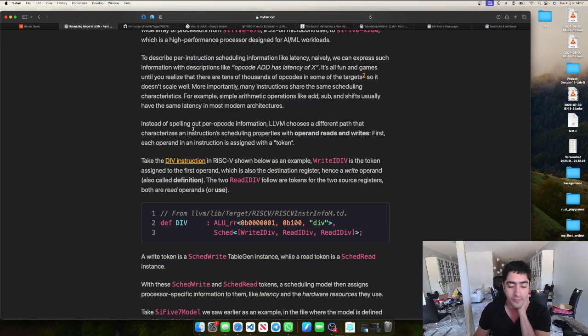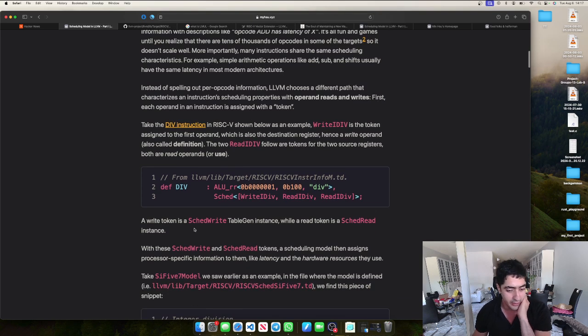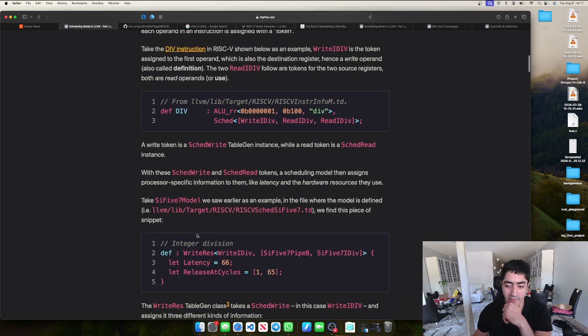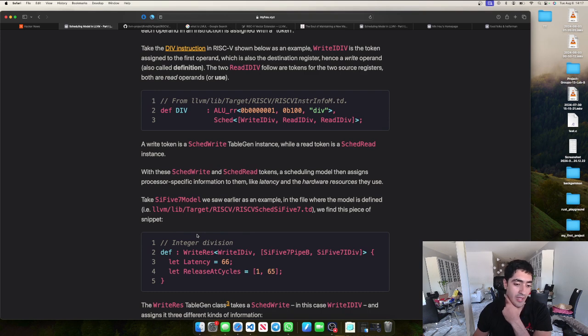I believe so. A write token is a SchedWrite TableGen instance, while a read token is a SchedRead instance. With these SchedWrite and SchedRead tokens, a scheduler model then assigns processor-specific information to them, like latency and the hardware resources they use. Take the SiFive7 model we saw earlier as an example, in the file where the model is defined, LLVM lib target RISCV scheduling